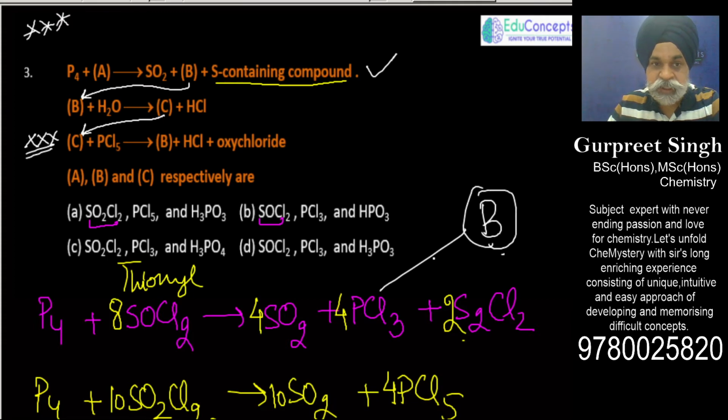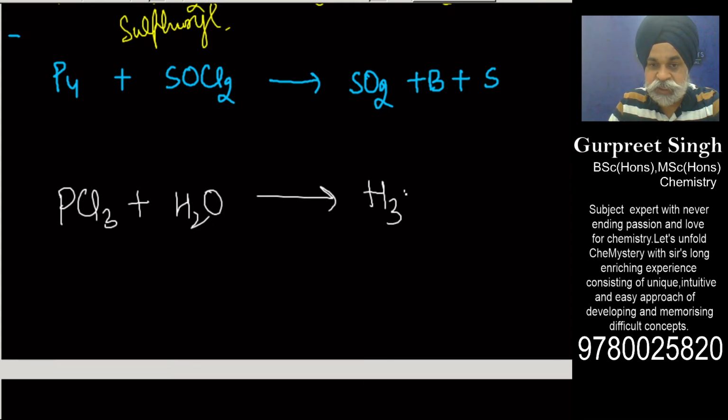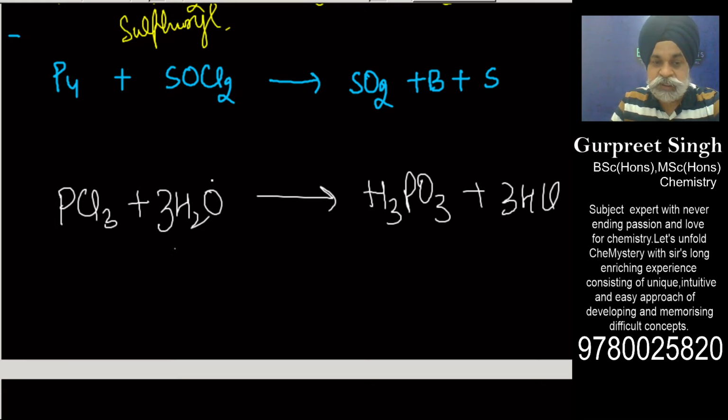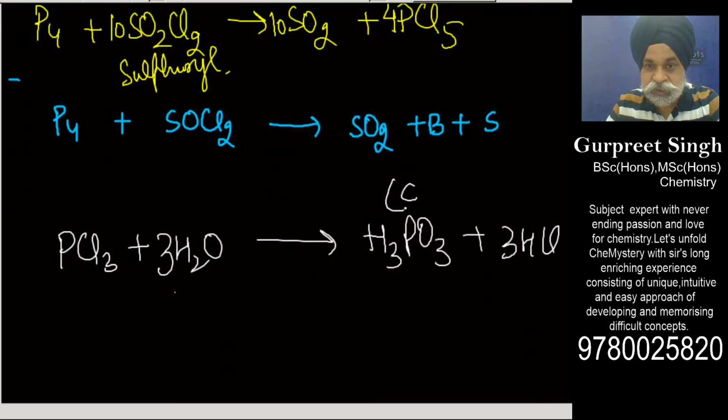So in our case, this is compound B, and B is to be hydrolyzed. That is very easy. If B is PCl3 and this is to be hydrolyzed, what shall I be getting? I shall be getting phosphorus acid along with 3 moles of HCl. For this also you can develop a mechanism where the oxygen's lone pair attacks the phosphorus and displaces the chlorine. Once you have got this, we can develop the mechanism if we want, and this is C.